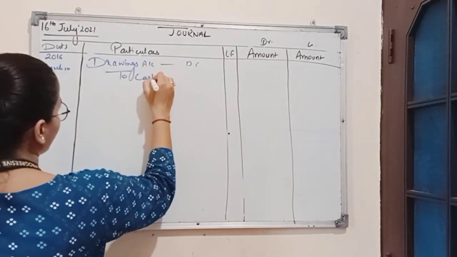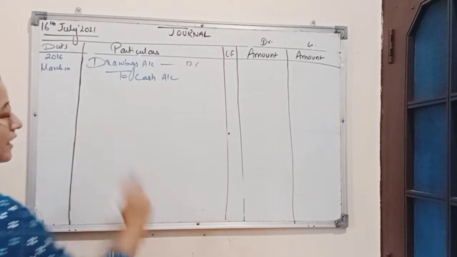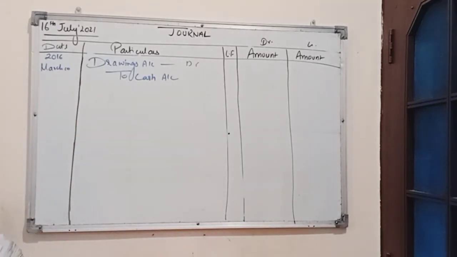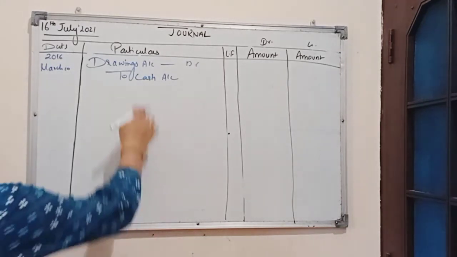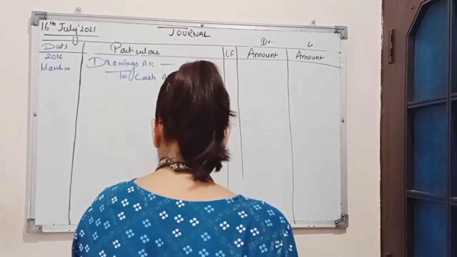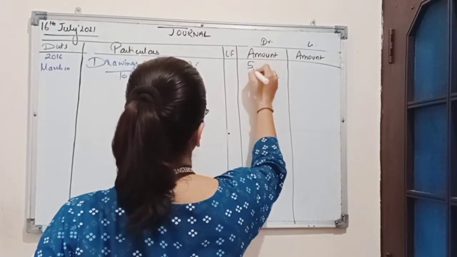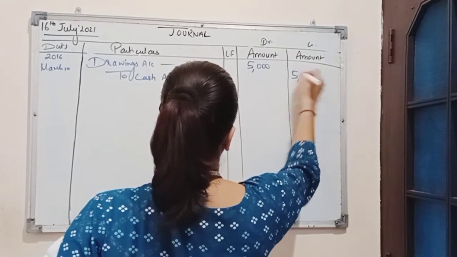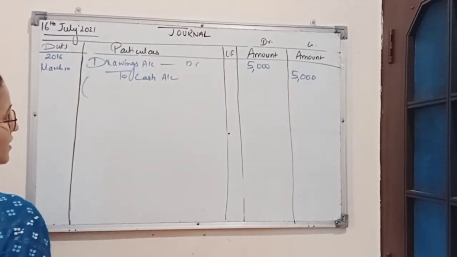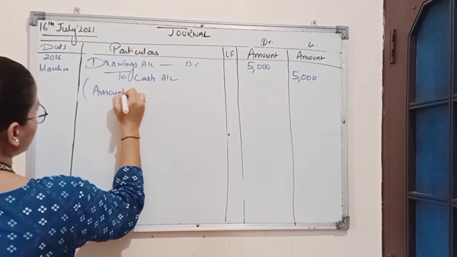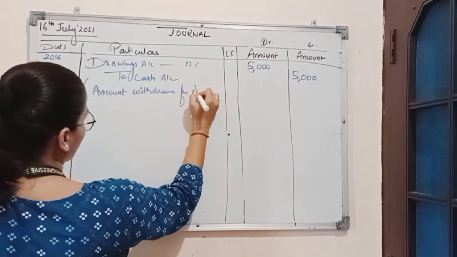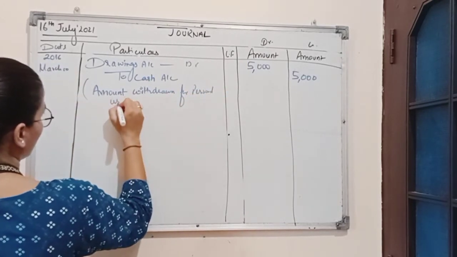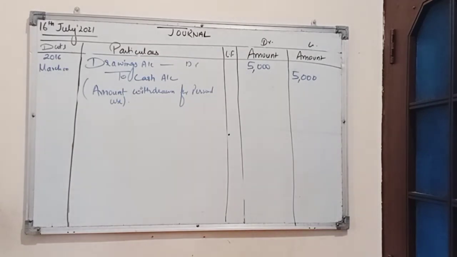And there is outflow of cash from the business. So we will credit cash account according to the rule of nominal account where debit what comes in, credit what goes out. So outflow of cash will be credited. And the amount is rupees 5,000. Narration for this transaction will be amount withdrawn for personal use. Now next transaction is on 12th March